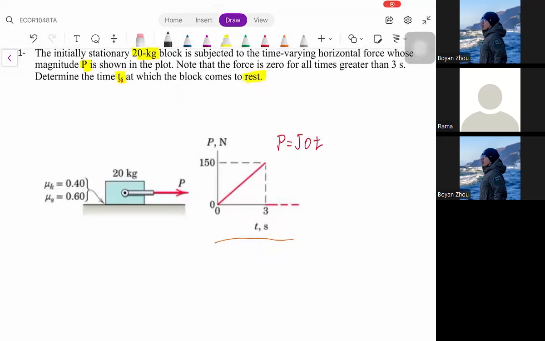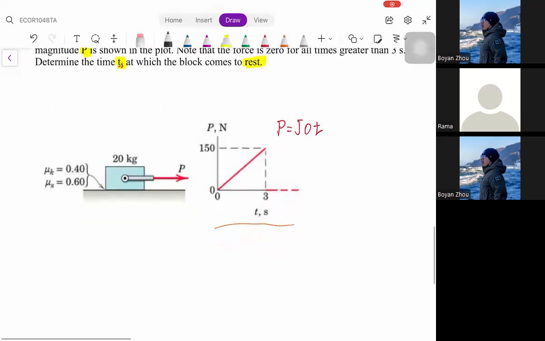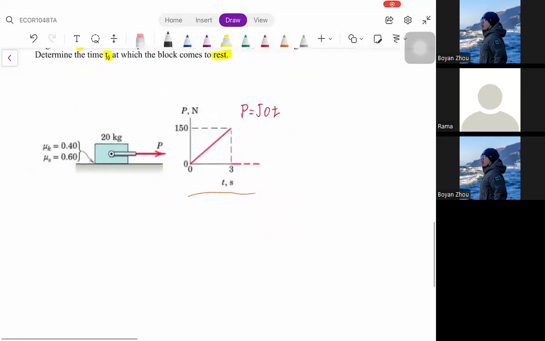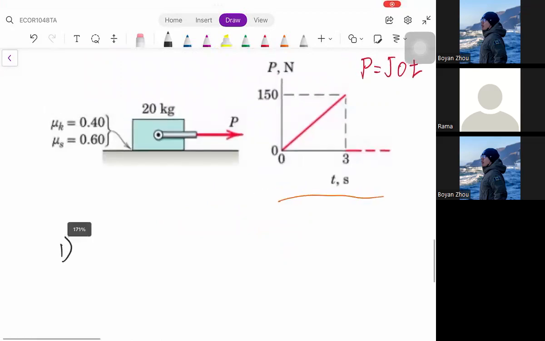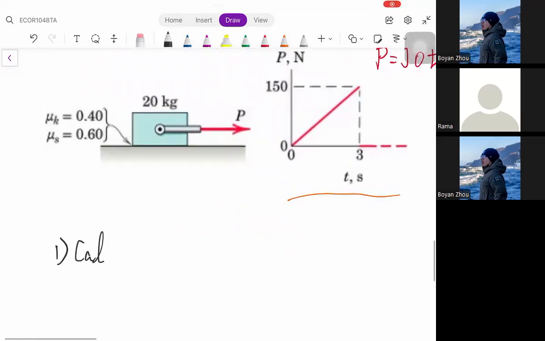So when we just apply the force on the box, the box is not going to move. You can imagine when the force is too weak, it's not good enough to pull up the box. So first we need to calculate at what time the box is actually going to move. That is going to be our first step: calculate when will the box